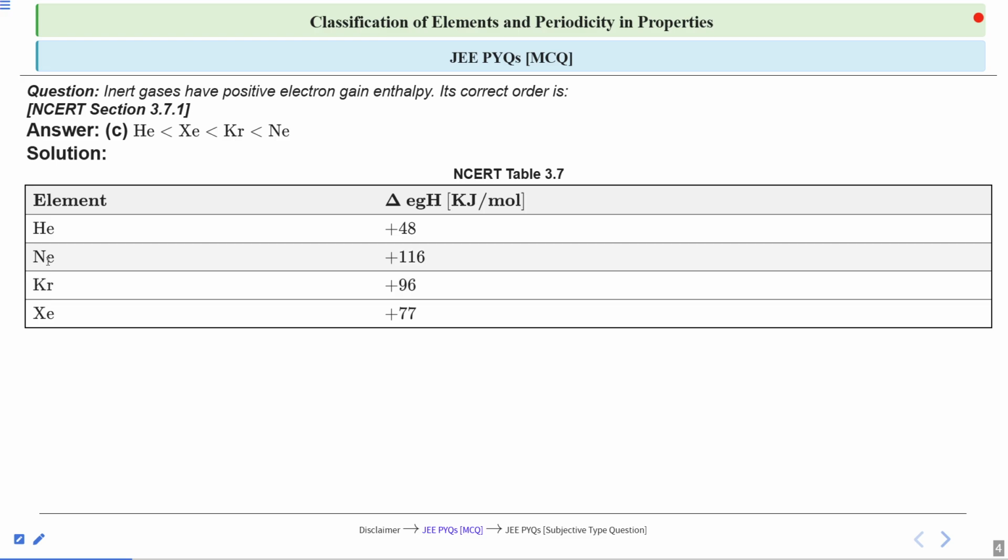There is a possible explanation for this question. What would be that explanation? If you consider the case of helium, then due to its small size, it is easily able to accept the electron. So this would be the best explanation. Again, I am repeating it because helium has the smallest size, so it will have greater influence on the incoming electron and therefore it will accept the electron easily. And hence we are seeing a small amount of energy released.